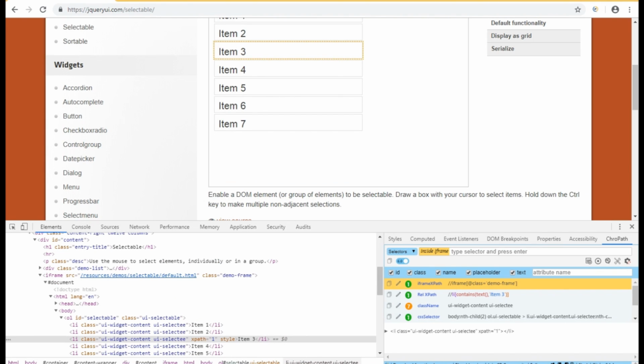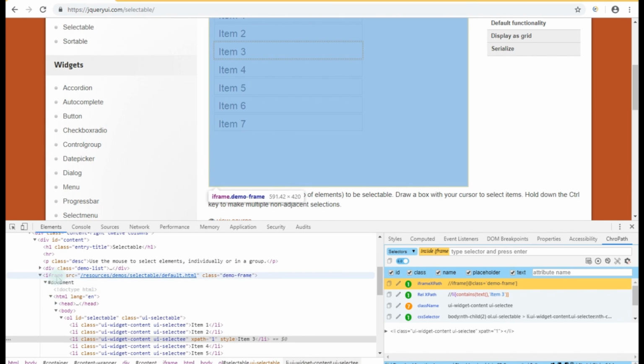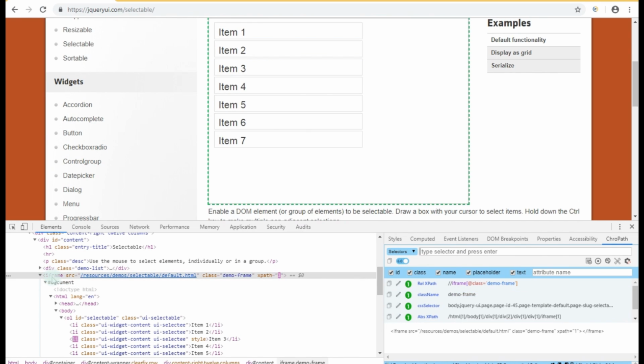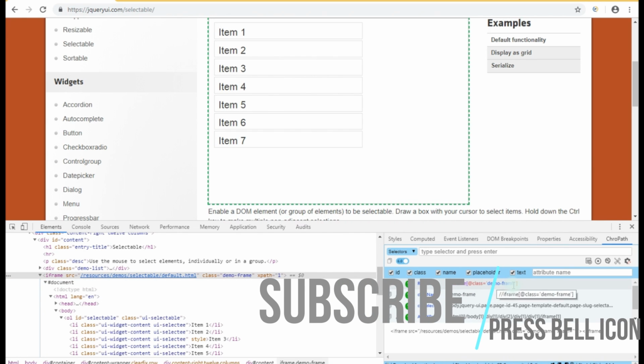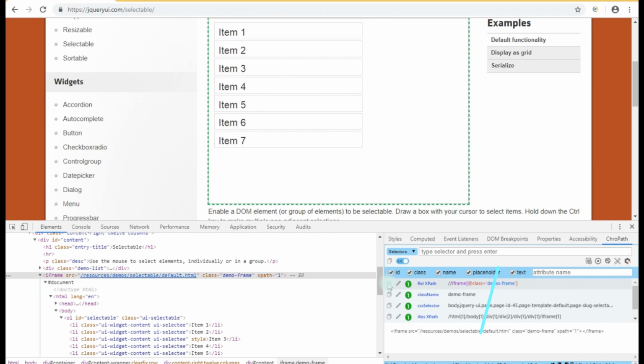So to find out the locator, we have to go to the website, and when I click on this iframe tag, the ChroPath gives the XPath for that iframe. So I will copy it, or you can write your own XPath. So I will copy the XPath from here,